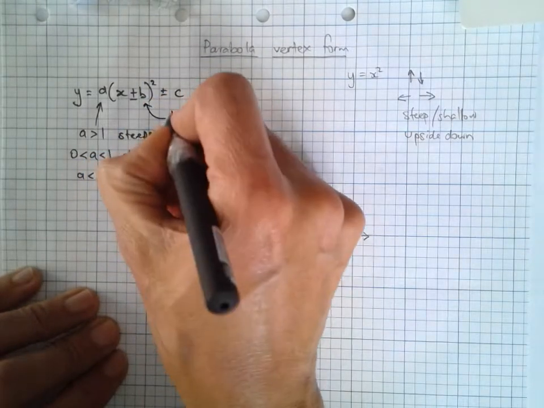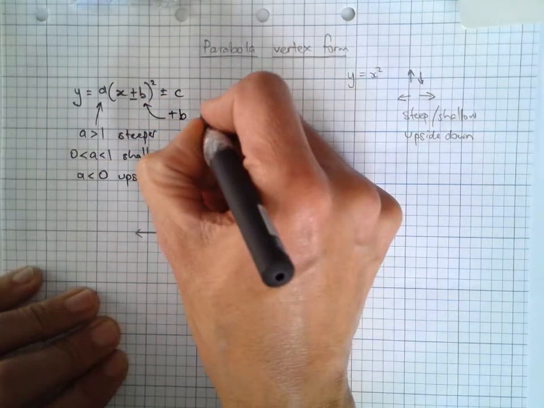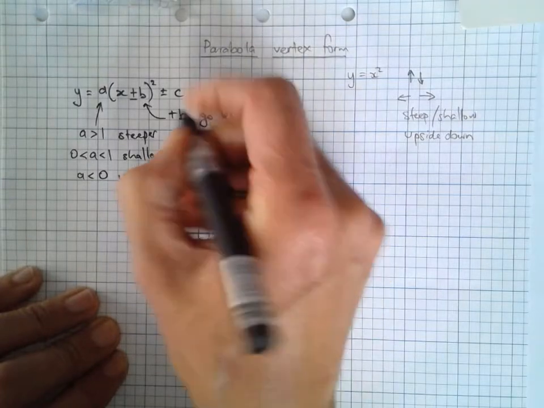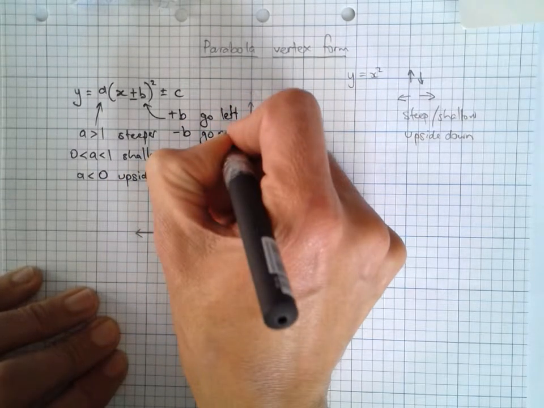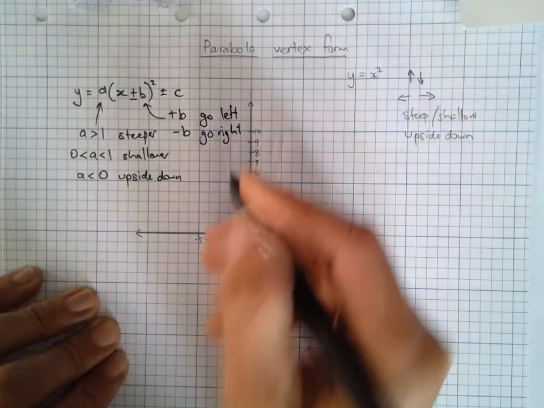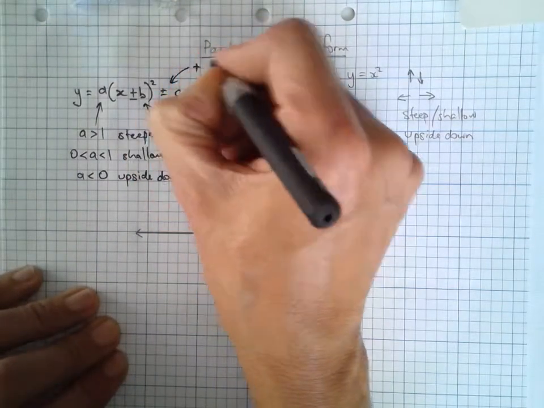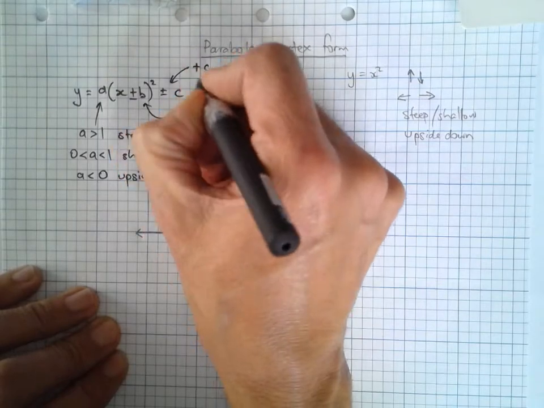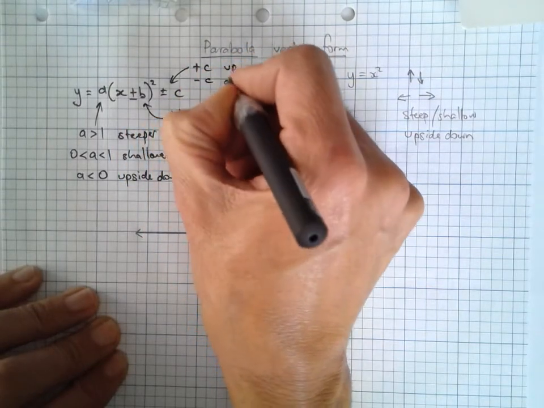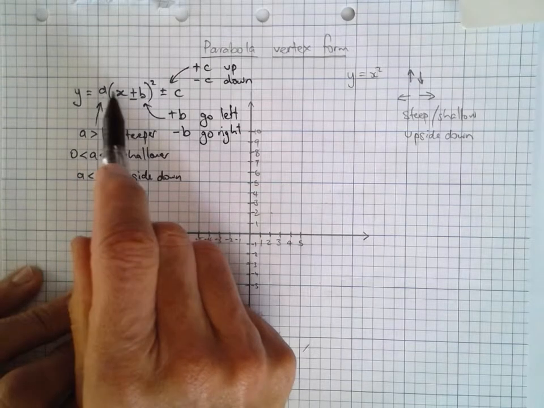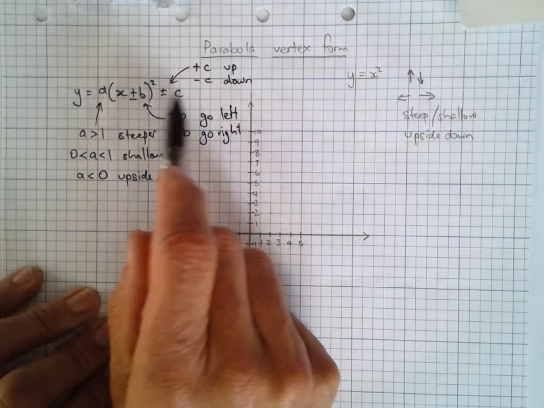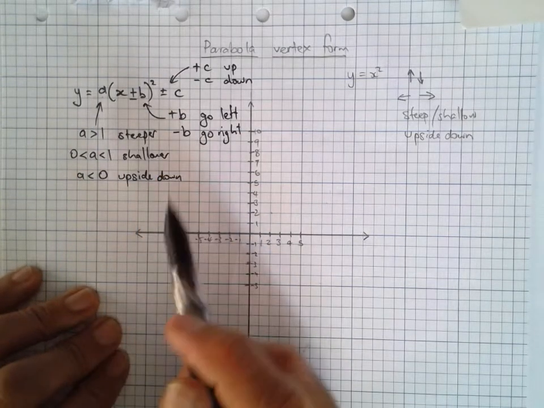If I'm adding b, I go left. If I'm subtracting b, I go right. And if I'm adding c, I go up. And if I'm subtracting c, I go down. So playing with these three values here, a, b and c, and whether they're positive or negative, will take my